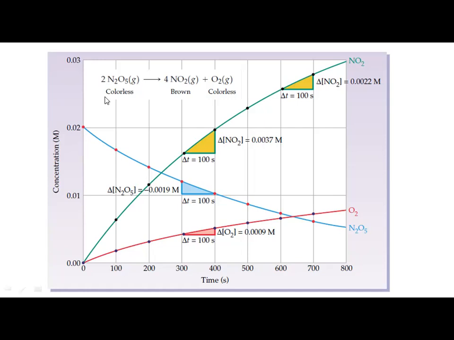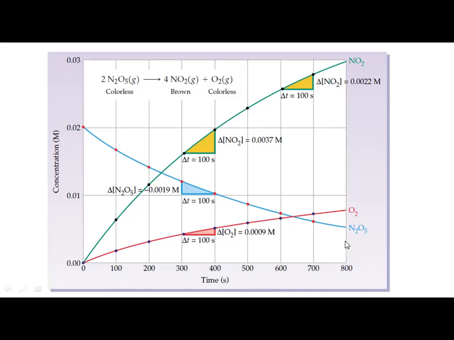Let's suppose we are going to discuss over here. This is the initial concentration. We have taken it as 0.02, and when the time passes, from 0 to 100 seconds, see the concentration is decreased, and it should decrease because this is the reactant. And when again the time passes, 100 to 200 seconds, the concentration decreases further. And again, the time is passing and the concentration keeps decreasing until 800 seconds.